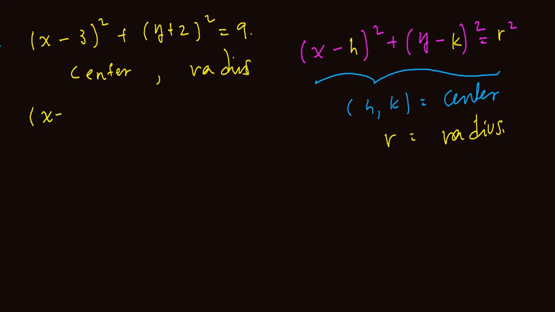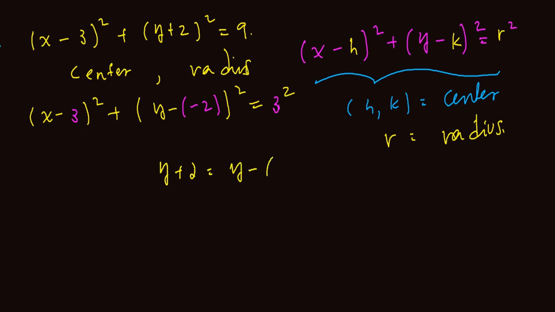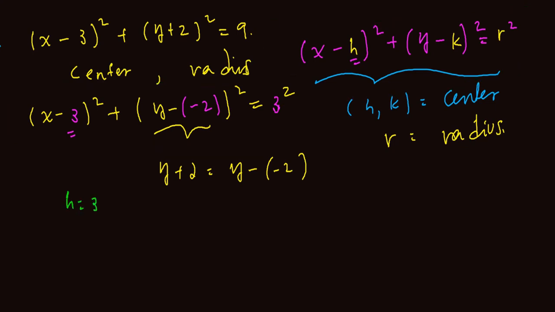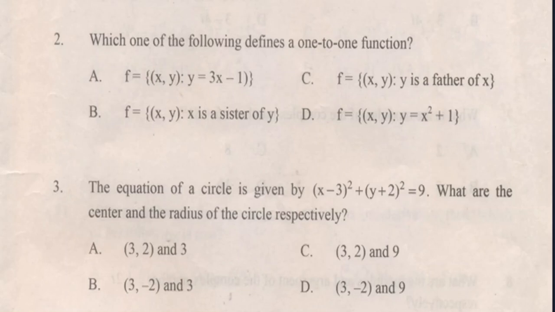እንደምታዩት the first one is x minus okay 3 squared plus the second one is y minus, and 9 is actually 3 to the power of 2 because y plus 2 is the same as y minus minus 2 ስለዚህ እንደዚህ አድርጋችሁ ነው የምትጽፉት በዚህ መልኩ ስትቀይሩት you get the value of h here it is positive 3 and the value of k is here negative 2 ይሄንንና ይሄኛውን ኮምፔር ስናደርግ የምናገኘው h is equal to 3 and k is equal to negative 2 and r is the radius which is 3